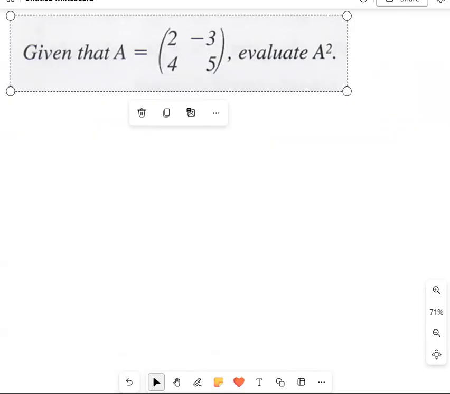They tell you evaluate A squared. Please do not make the mistake of thinking that A squared means